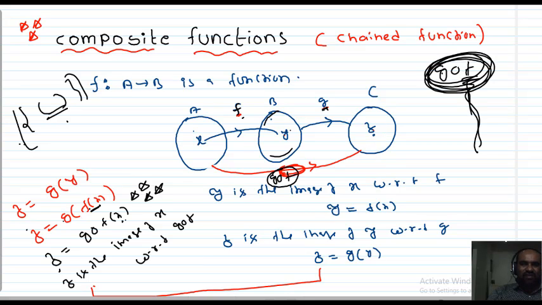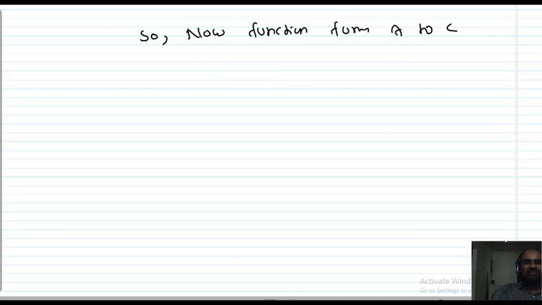If this exists, it means the range of f is nothing but a part of the domain of g. Then only g circle f exists. This g circle f is a new function from A to C. Okay, I will write now, on the next page. So a new function from A to C exists